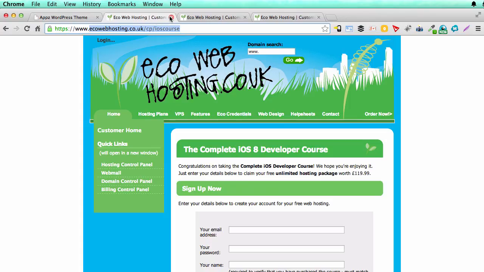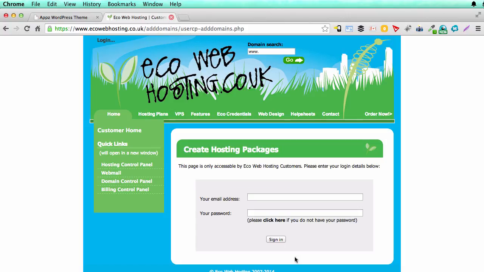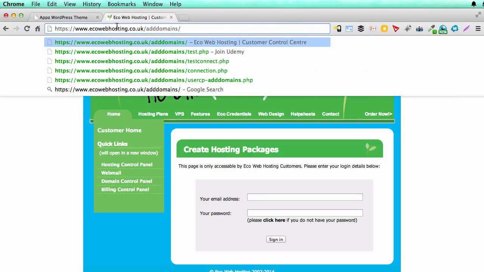If you created your account a while ago, then you can use ecowebhosting.co.uk/cp/reset password to give you a password reset link if you can't remember what you put. So hopefully by now you've got an account which you can remember the password to. So go to, you don't actually need that last bit, go to